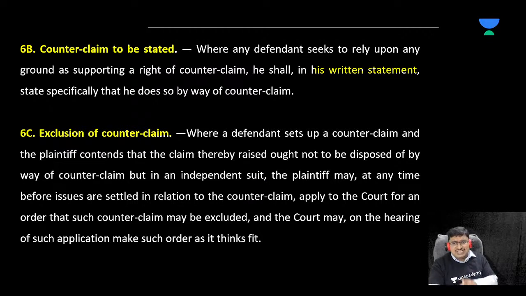Where a defendant sets up a counterclaim and the plaintiff contends that the claim thereby raised ought not to be disposed of by way of counterclaim, but in an independent suit, the plaintiff may, at any time before the issues are settled in relation to the counterclaim, apply to the court for an order that such counterclaim may be excluded. Here, therefore,